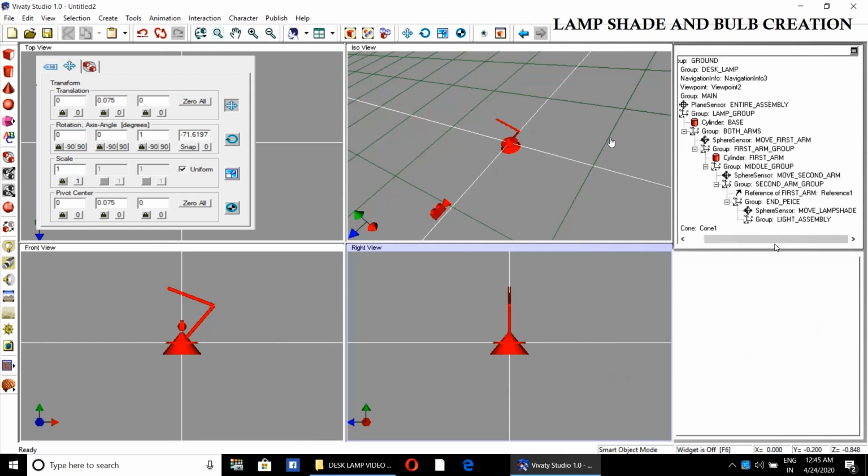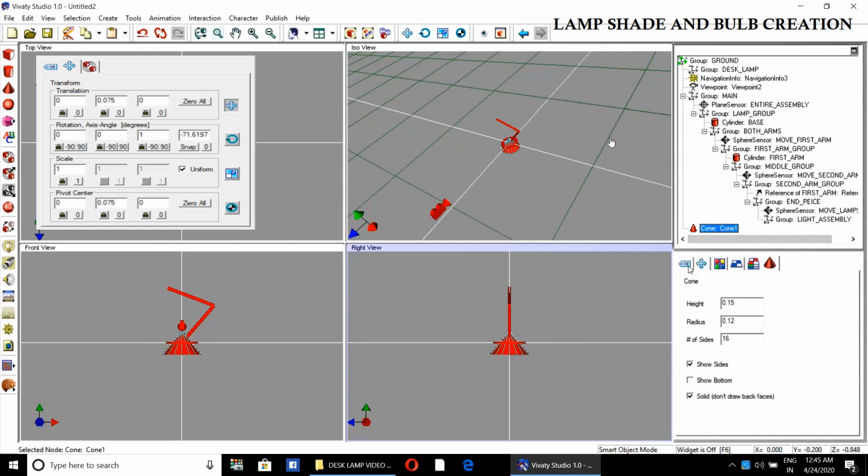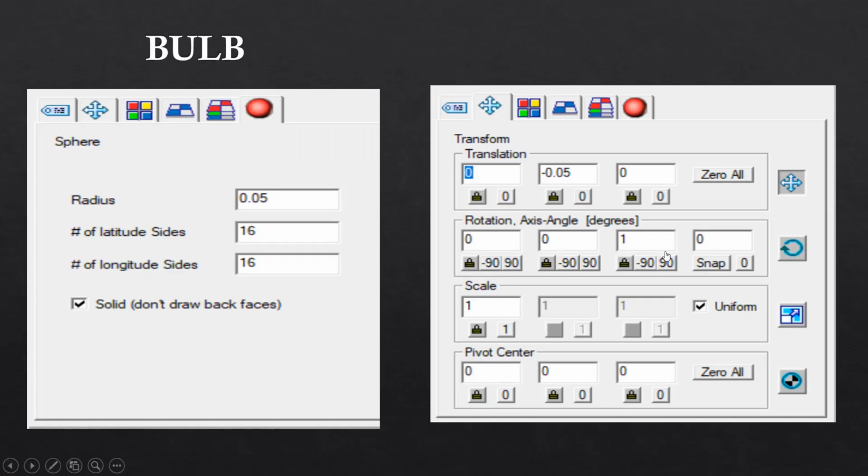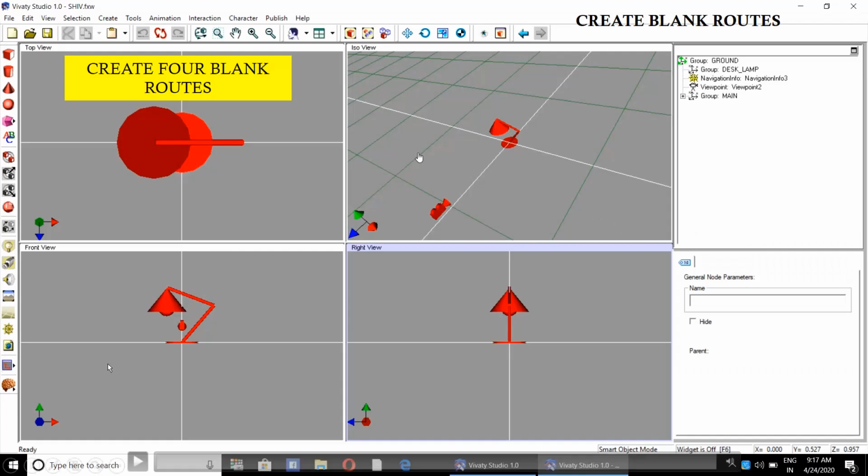That's why I have unchecked that particular option. Call it as lamp underscore shade. Then the bulb will be having these dimensions, and these are the positional coordinates. Create the bulb.